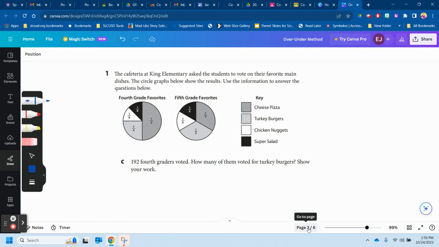Number 3, 192 fourth graders voted. How many of them voted for turkey burgers? So we're looking at the fourth grade. Here's the turkey burger. So 1/4 of the fourth graders. So of is times, saying how many times, and we're going to write this as a fraction. 192 ones. 1/4 times 192 ones, and we get